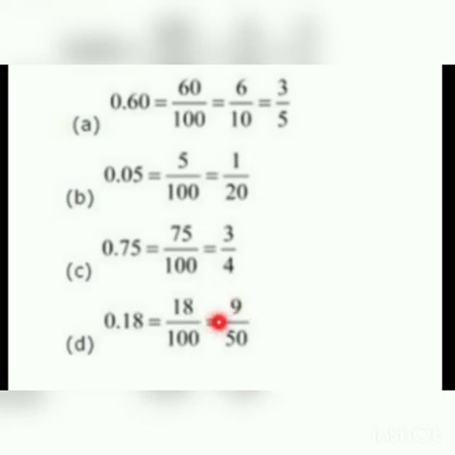For 9 the only factors are 3 and 9. For 50, 3 and 9 are not factors. So there is no common factor between 9 and 50. So the simplest form of 18 by 100 is 9 by 50. So in this way you have to convert the given decimal numbers into fractions and then make them in the